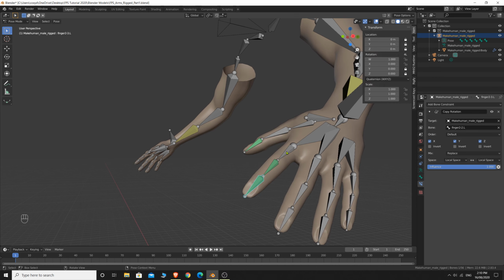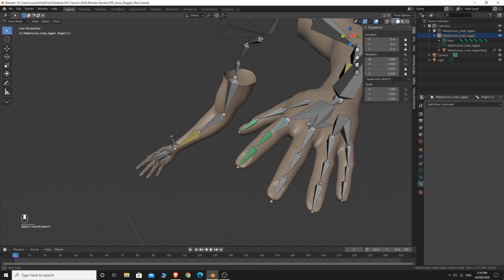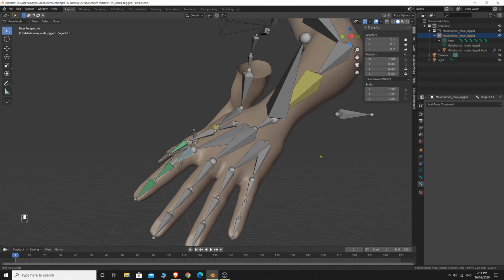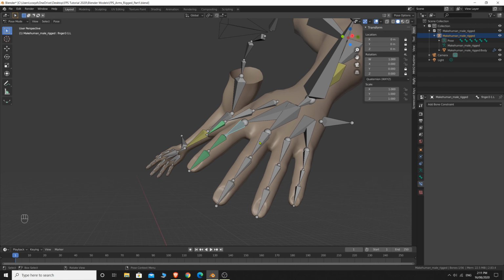So now if I actually select this finger here and press R to rotate, you'll see that I can actually bend his finger. It doesn't go in any direction, it only rotates on the X axis for now, okay? So that's going to make it easy to animate our hands. Okay, so I'm just going to go ahead and do this. So I'll lock them,